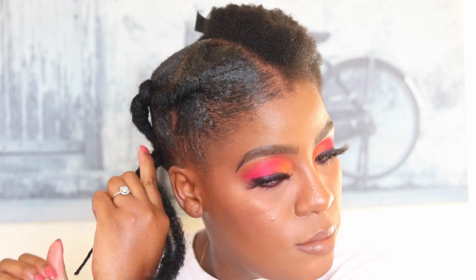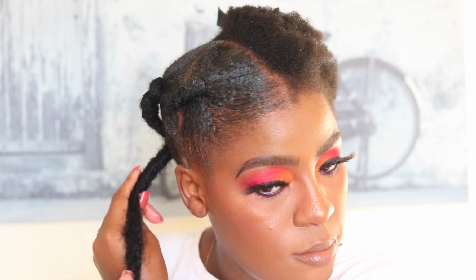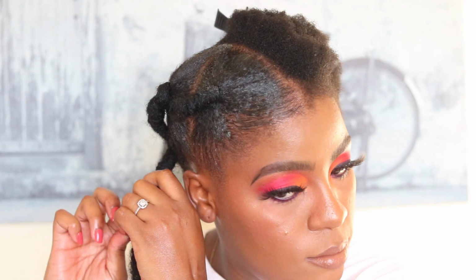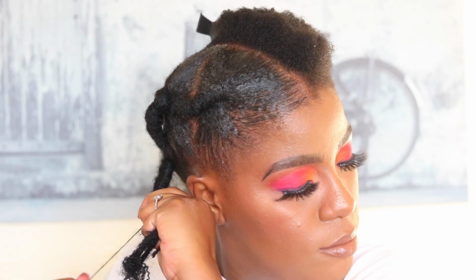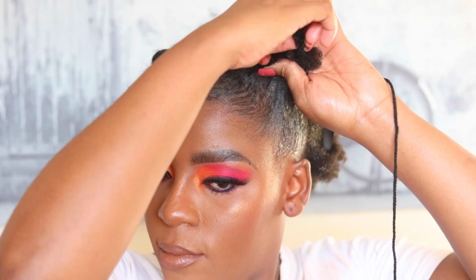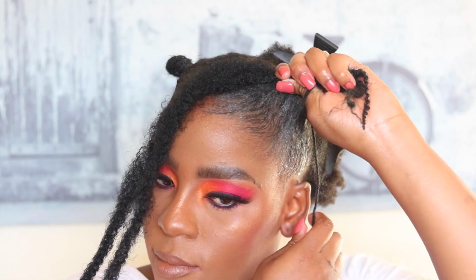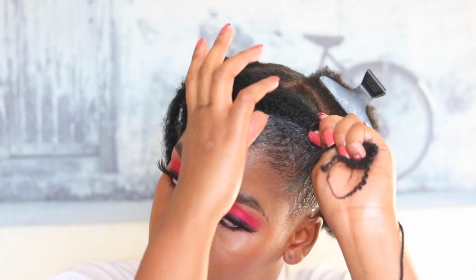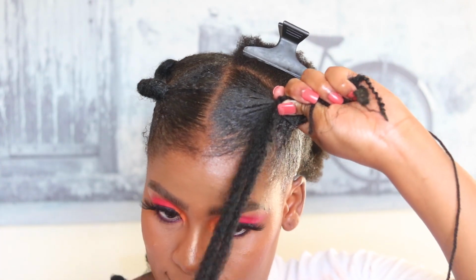You can continue African threading, and then once you're done African threading using wool, you're going to go around and wrap your African threaded section with your Mali braid. So it's going to look like you've African threaded using Mali braid. So I'm going to show you guys one more time, and I'm going to try and show you guys in slow motion. So what we're going to do right now is you've taken the start of your two Mali braids,